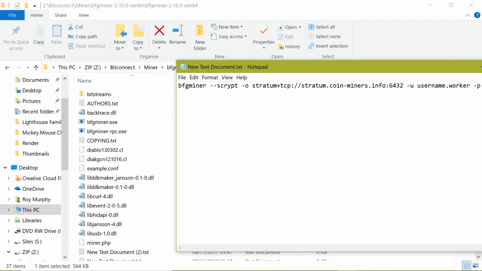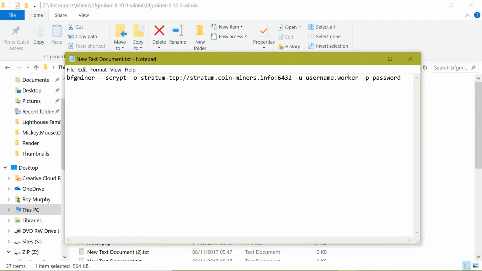Okay, so that's what that is. Script. So there are various different scripts. This is a script called scrypt, with a Y, and scrypt is the algorithm that is used by Bitconnect. Now, Bitcoin uses SHA-256, which is a different algorithm. So this is the algorithm, so it's --scrypt -O, so O stands for object, and the object means where am I pointing it, and you are pointing it at